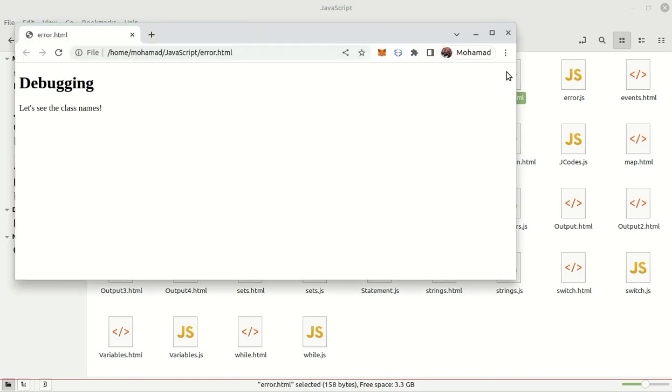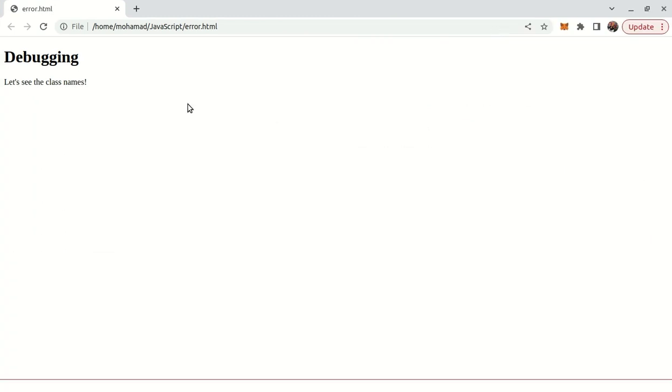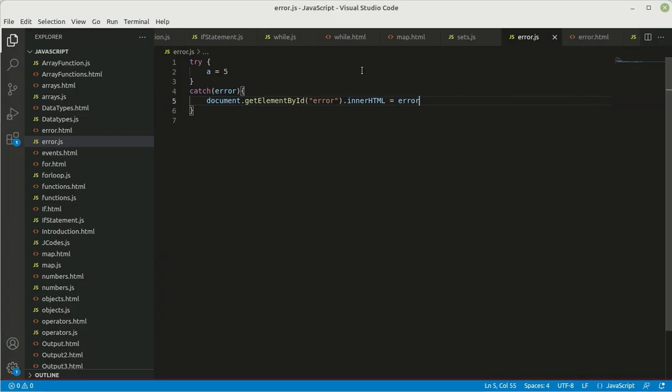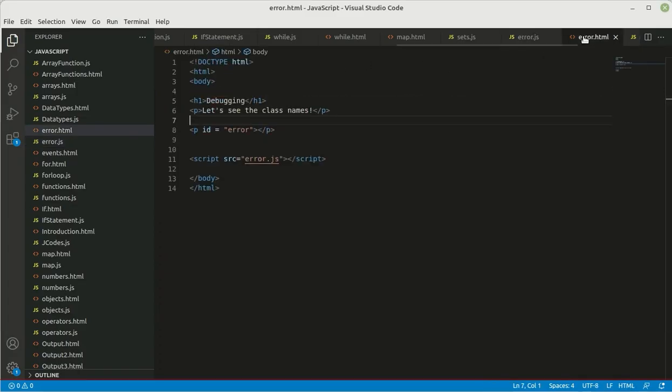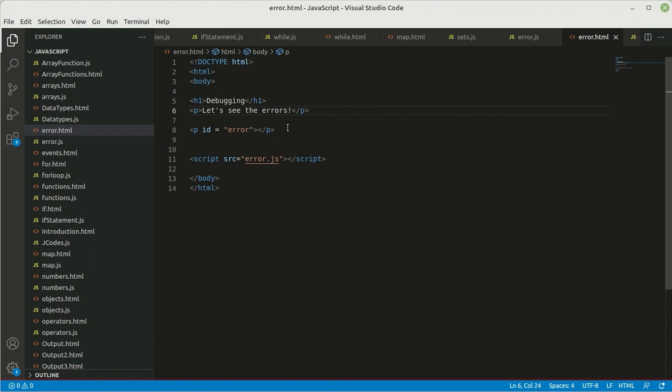So let's run it inside of our browser here, and let me also fix something else here inside our error. Let's see the errors, save this and refresh the page. As you can see, we have no errors printed out here, but if I do something wrong inside of my